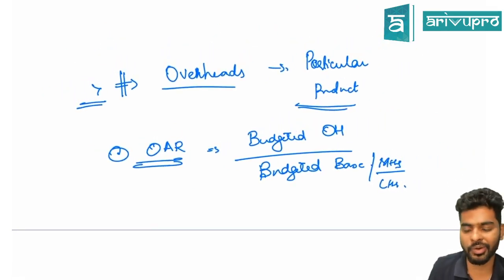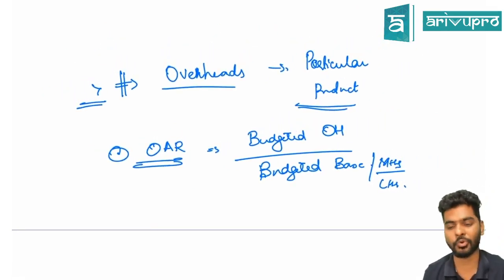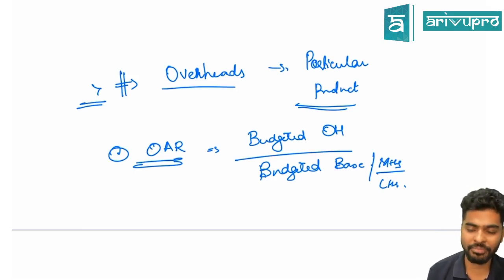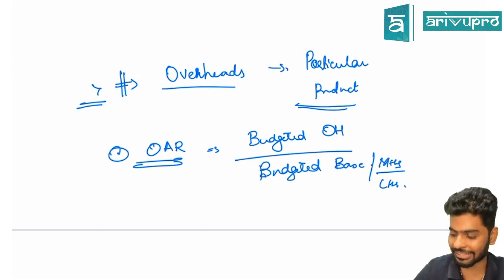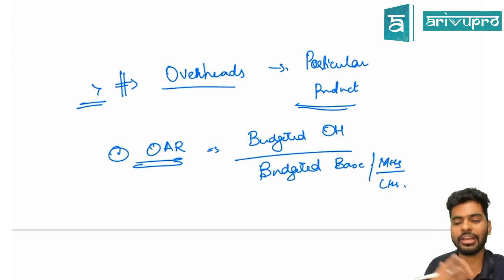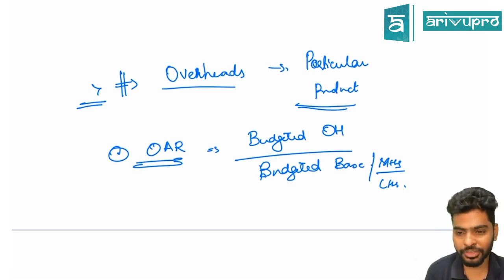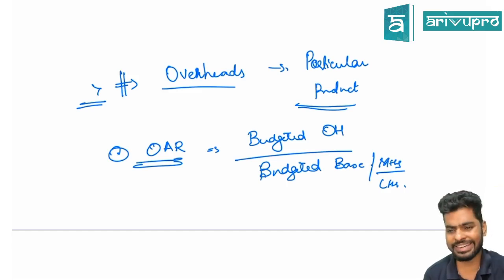Now, here is where I want you guys to understand the concept of what is happening. A lot of people said, hey, let's say, for an example, electricity, or let's say power charges. Do you think power charges are based on the area? Or let's say, for an example, inspection of machinery is a direct cost or an indirect cost? Inspection of machinery is an indirect cost, right?